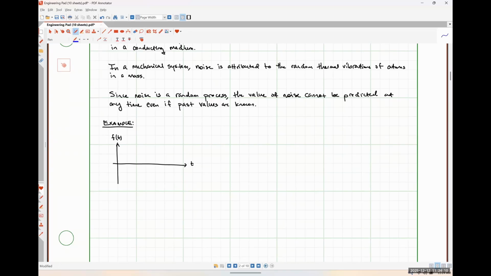And here is my sinusoid. If I were able to draw well, we should be able to see that this signal is going to repeat itself at regular intervals. So this is a periodic function,